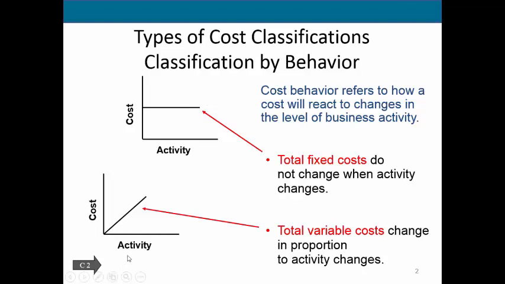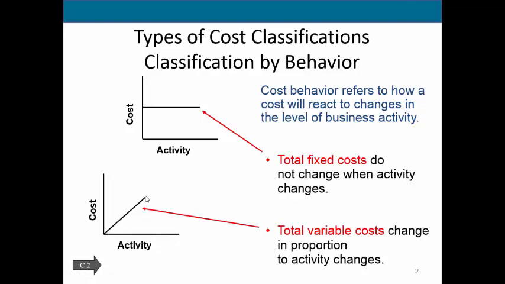Variable costs, on the other hand, you'll see here that our dependent variable, the costs, they do vary as we change our levels of activity. So you can see here if we have a level of activity of 0, our cost is 0. But then if we move up into more levels of activity, or we're making more products, our cost also increases.